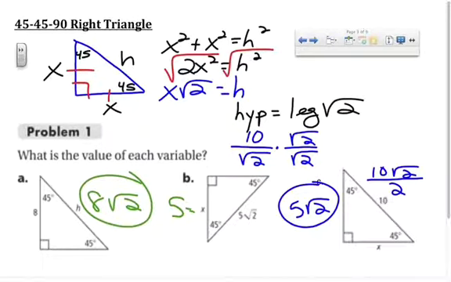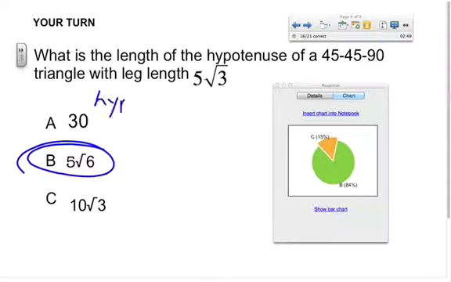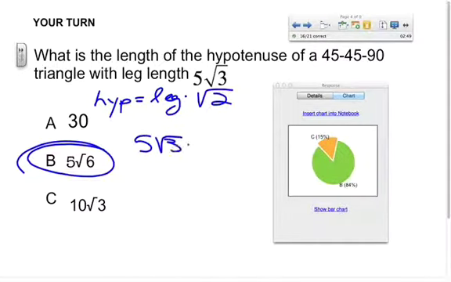And there's a your turn for this. Please work through that. 84% of us got the correct answer. Correct answer is B. Alright, so of course I'll explain this to you. In your notes, you have that the hypotenuse equals the leg times radical 2. In this problem, you're told that the leg is 5 radical 3. So you take that 5 radical 3, you multiply by radical 2, realize the only thing that you can simplify